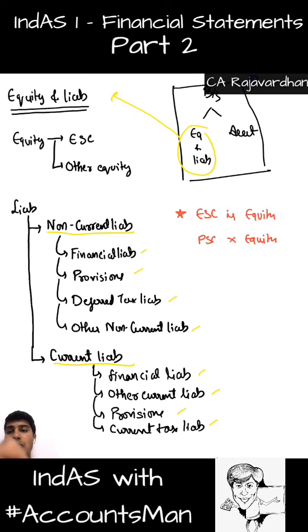What is preference share capital? Preference share capital is financial liability. You get that? It comes here. So preference share capital basically comes to financial liability and it will not be shown under equity. The reason is pretty simple. Under Companies Act 2013, it is pretty clear that we cannot issue preference shares which are redeemable at the end of the life of the business. We should redeem it within a period of 20 years or plus 10 years. So every preference share issued is redeemable in nature.